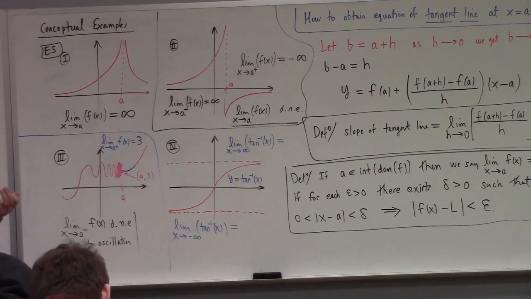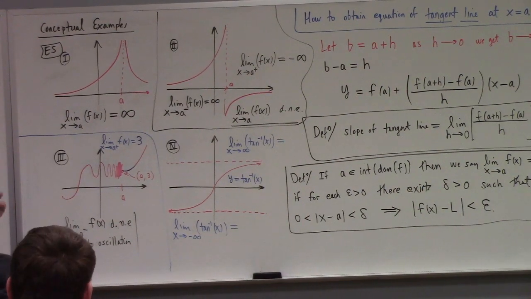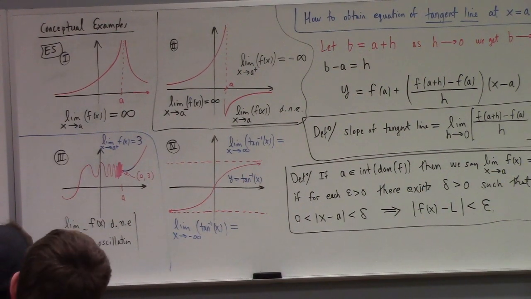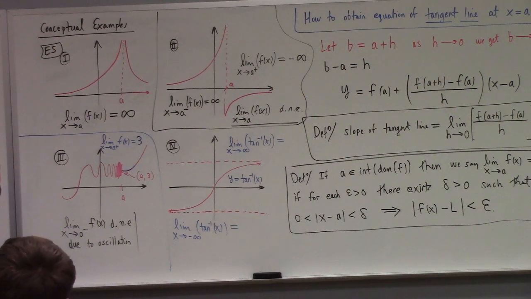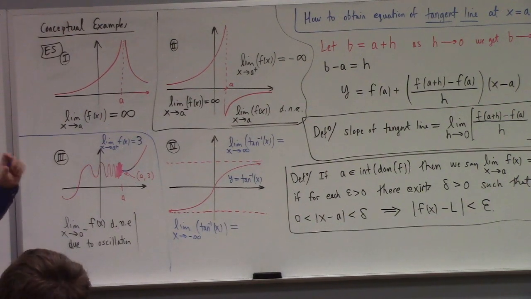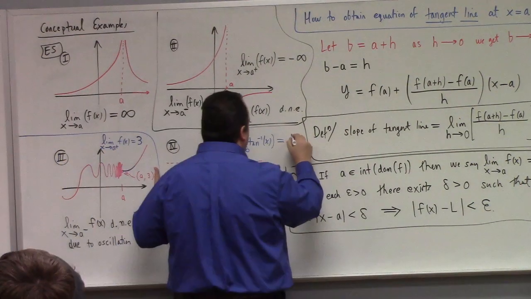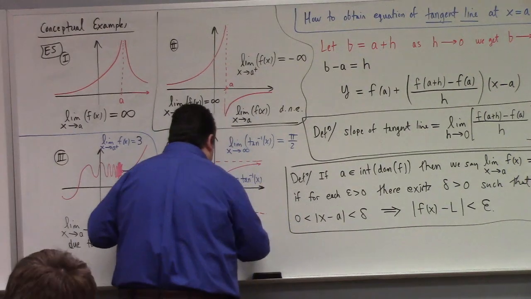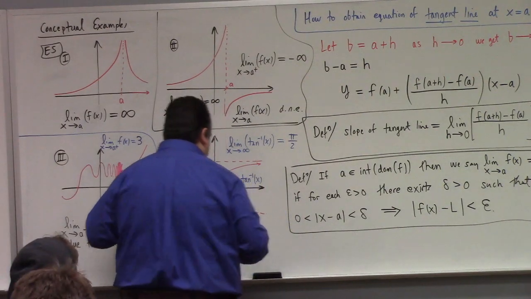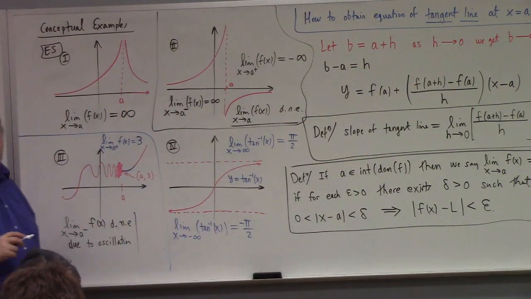And so to say that this is equal to something in particular is to say that I can make x sufficiently large to get it as close as I'd like to make it to that limiting value. In other words, eventually values of the function are getting closer and closer and closer to the limiting value. So for inverse tangent, we're talking about pi over 2 and minus pi over 2. That's how that goes. How do I know that?